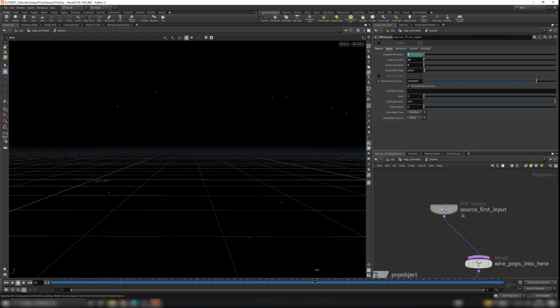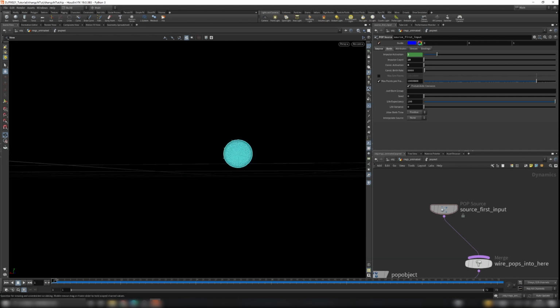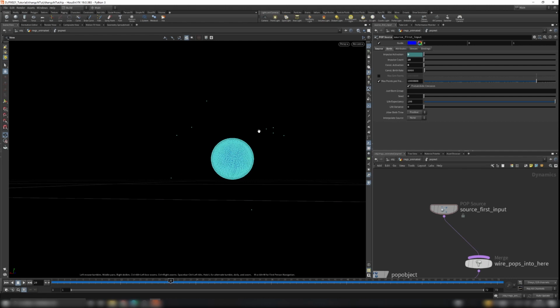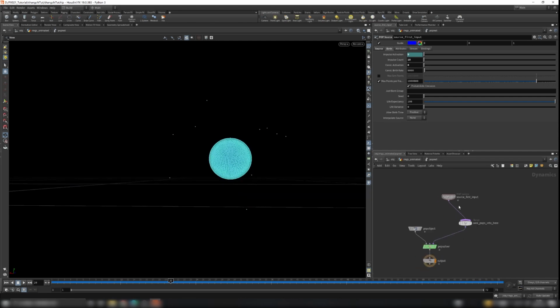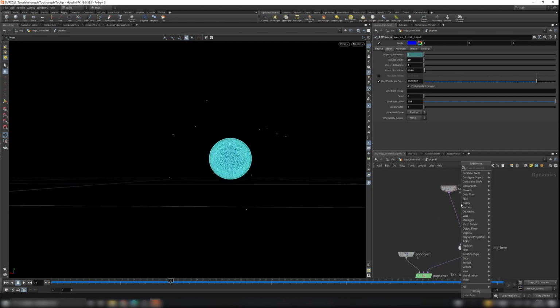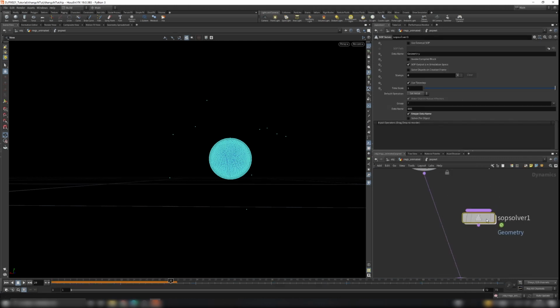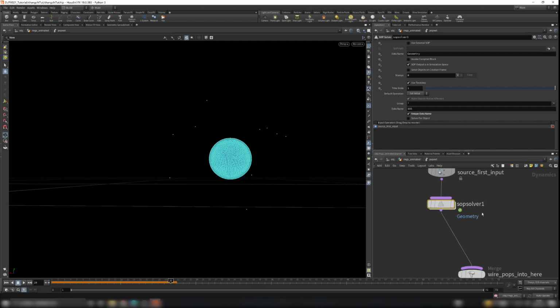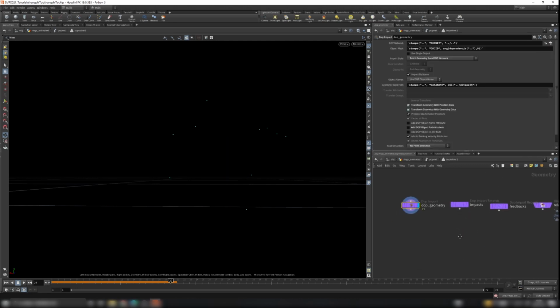So now we have our particles. We want to turn on our guide. Yeah, now we have our particles. We want to ray back these particles onto the surface of this sphere. So what we're gonna use is a subsolver. This can bring the sub-level object into your DOP network. So just connect it here, double click inside,